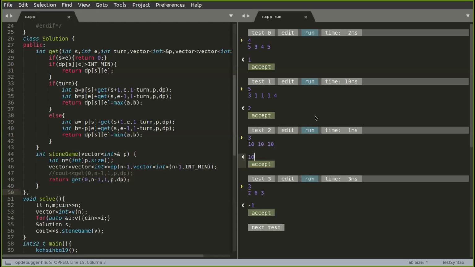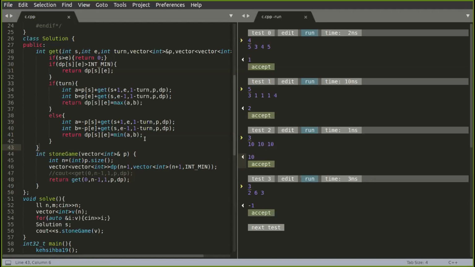So dp of i j is the difference of the points of Alex and Lee. So we will add all the points of Alex and subtract all the points of Lee. This is why we are taking a negative value here. And for Alex's turn, we are adding it. Since you are taking minimum, that's why it is working. If you take plus and put max, the result will be the same in the else part.